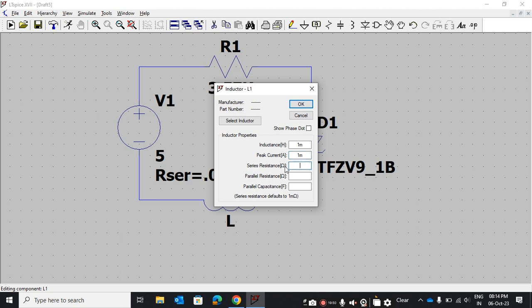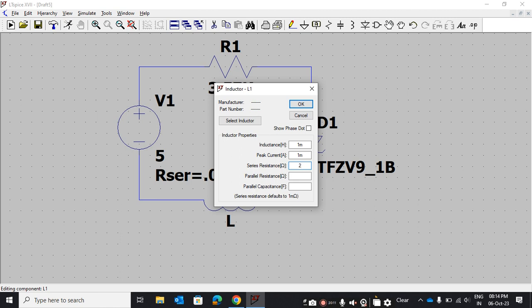The same is for DC resistance, in ohm. If you write 2, then it is 2 ohm. If you write 2 M, it is 2 milliohm. And if you write mega ohm, it will be mega ohm, but it is not in mega by default.